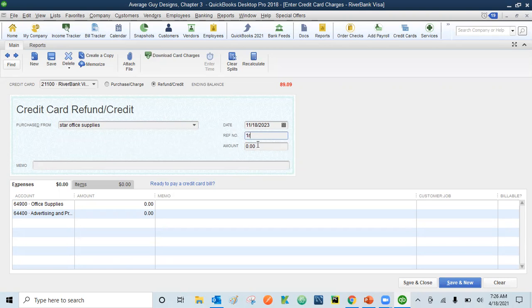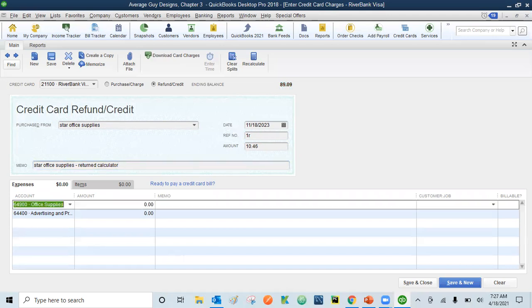So you can type R after it. And how much are we returning? We are actually returning $10.46. And the memo is Star Office Supplies. You can type it here, and then return calculator, and we are done. So once you are here, if you see, we are paying two types of expenses for